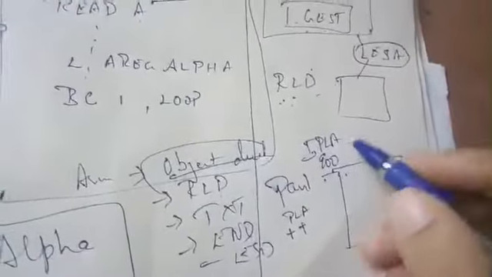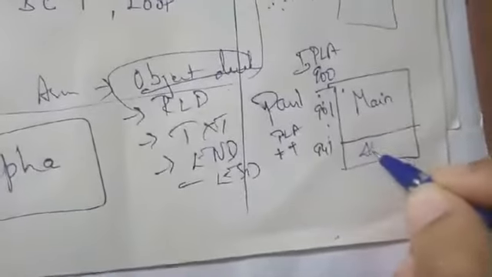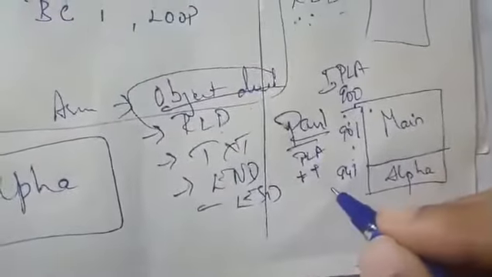900 will lie in the first line, then it increments and the second line will be stored, and like that it will go. Its length is 41, so till 941 just keep on incrementing and your main program is loaded. Next, your alpha program is loaded. This is done in pass 1, from 941 for 30 locations, so up to 971 alpha is stored. This is in pass 1.